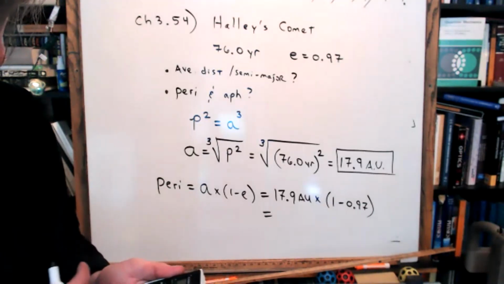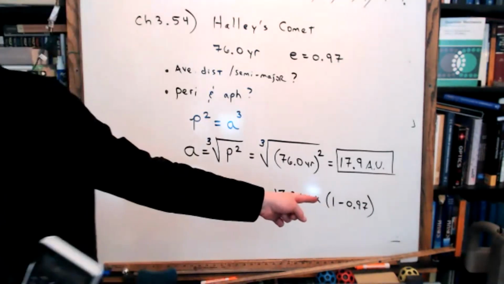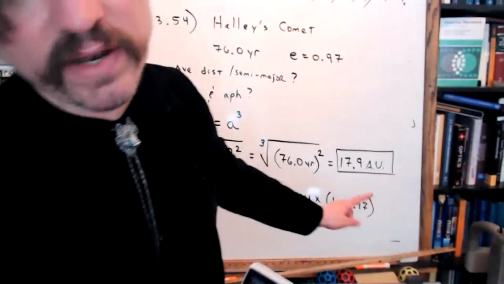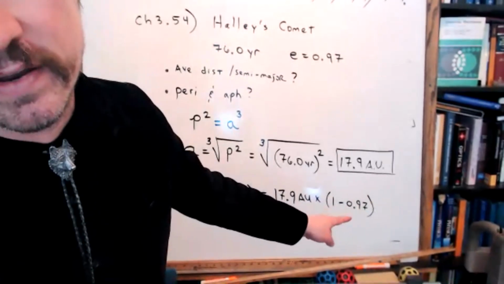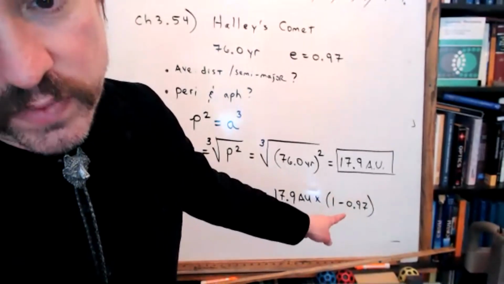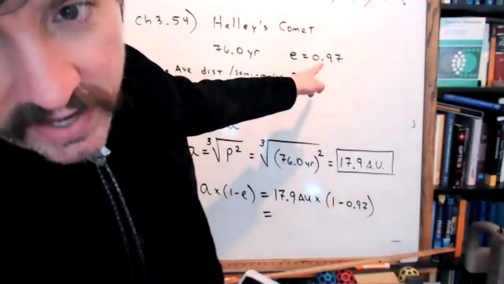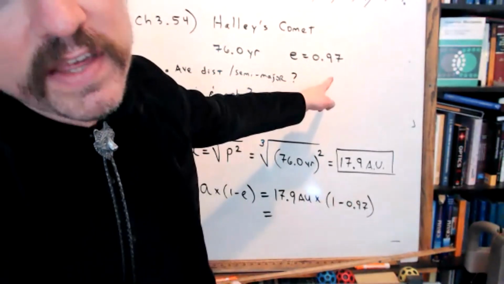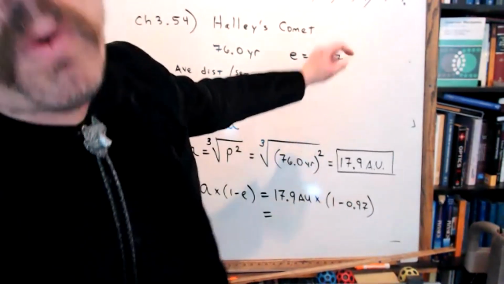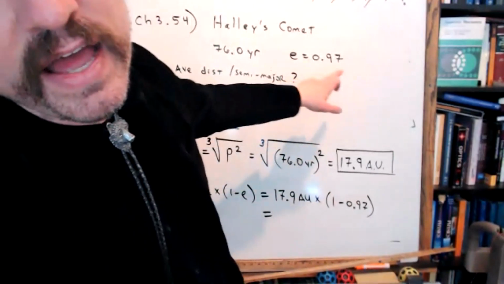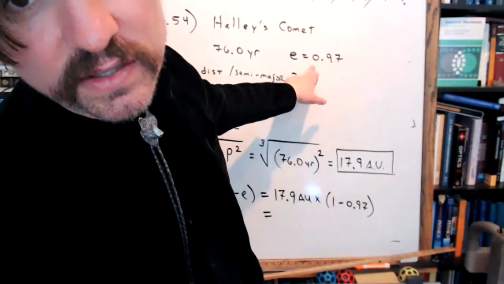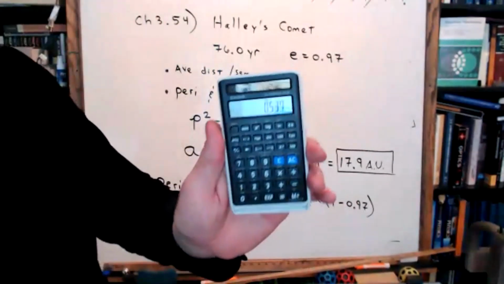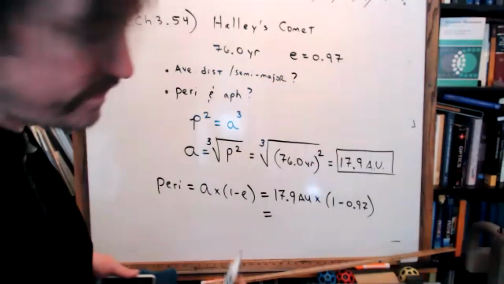Is it because the 0.97 doesn't have an actual number in front of it? It's just 0? No, that's not the right way to say it. It is because of the 0.97, but I didn't like the way you said that. The eccentricity of 97%, this is a measurement, and this measurement has precision. Oh, I see. Now I understand the way you're saying it. Yes, this number only has 2 sig figs. Yeah, that 0 doesn't count. So this pollutes our answer, and we now have to round it to what?